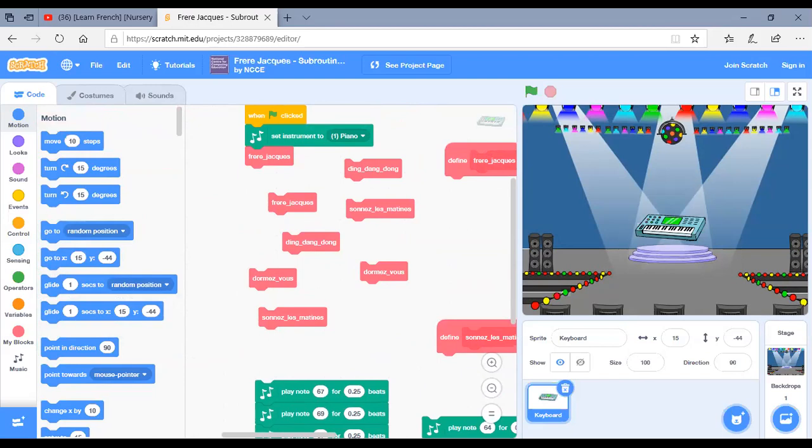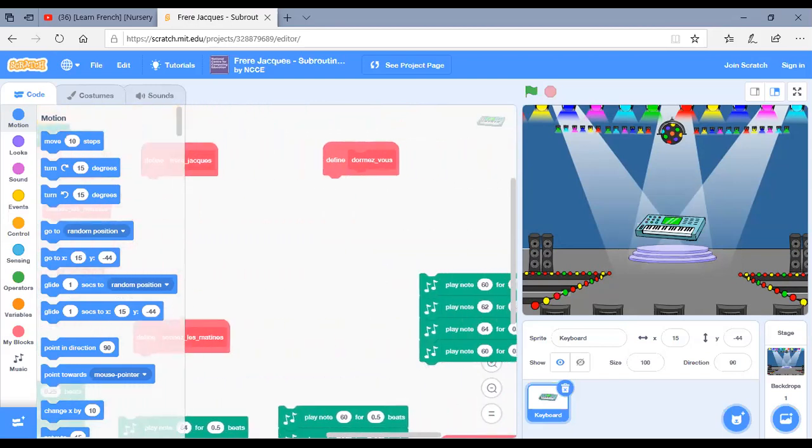I know this is a bit of a tricky task, but if you get through this, it is lovely.